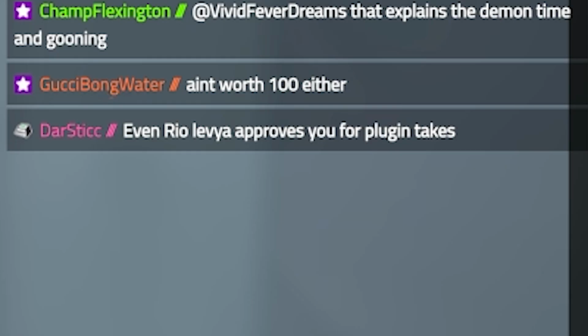Why is this worth 150? It's not 150. Maybe 50. Maybe if I really liked it while I was demoing it, but I would never pay 100 for this. Even Rio Leva approves you for plugin takes. Yeah, I saw that. Good shit. Want to pick it up? It's $99, he's like, he hates everything. So if he likes something, it must be really good. But we're doing an intro special of $59. Oh, it's 59? Why did I think it was 50? Did I say it was 50 in my video? I don't know. I was up really late last night. And so excited to be working with Baby Audio. Yeah, if it was 20 or 25, 100%. But I mean, I do get why they would charge a little more than that.